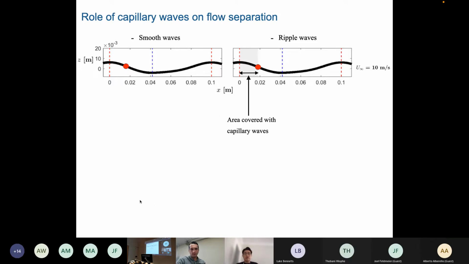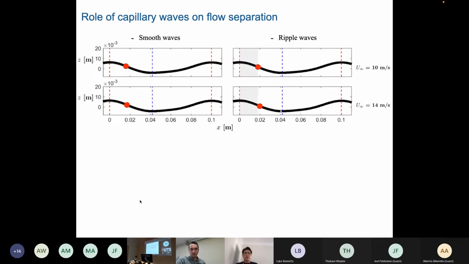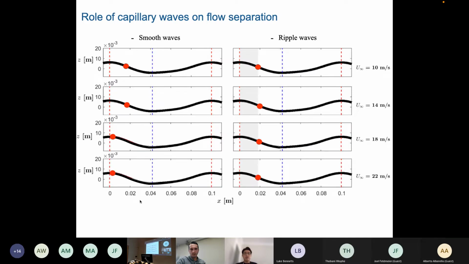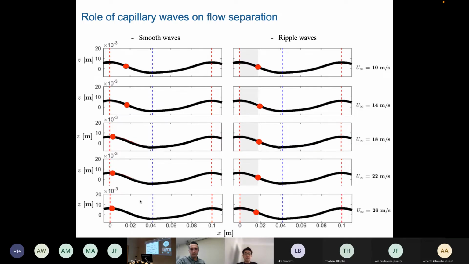And then for the ripple case, the shaded area highlights the area covered by those small ripples at the back. So if we plot this detected separation point as a function of wind speed ranging from 10 to 26 meters per second, it is evident that for the smooth wave case, the separation point got shifted towards the wave crest, while the ripple case was consistently behind the area covered by those capillary